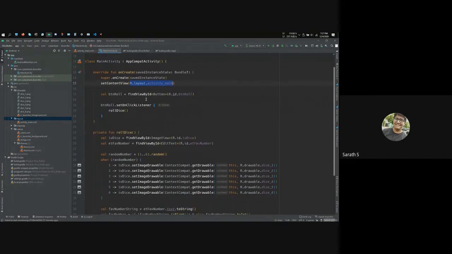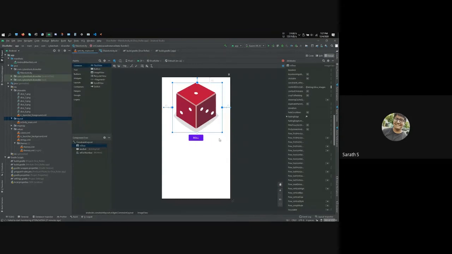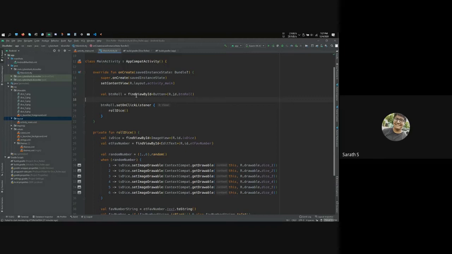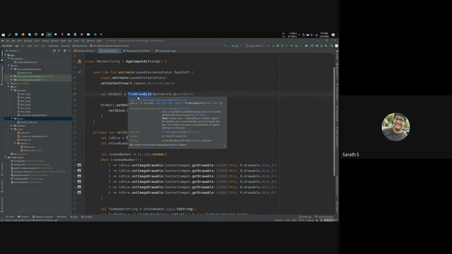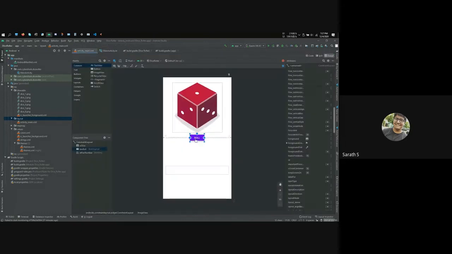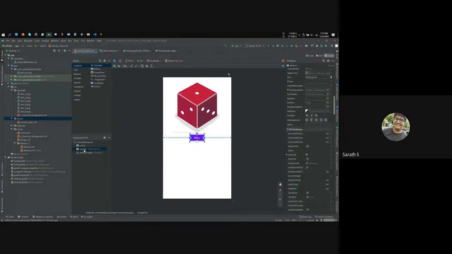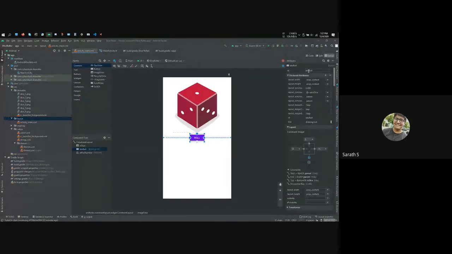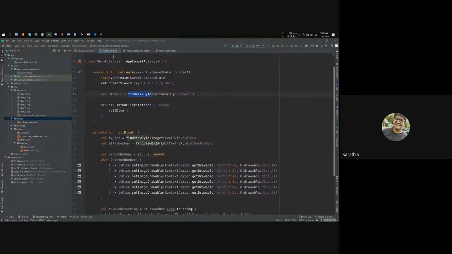And then going through the code, now we want to attach the functionality that when we press this button, we want the dice to be rolled, right? So first of all, we want to access the button in our code. The function used is called findViewById. As it says, you find the view which you need by the ID we provided using the XML attributes before. So if I click on roll number, it says here as well, the ID I gave was btnRoll. It's just a short form which I use.